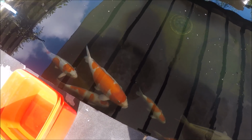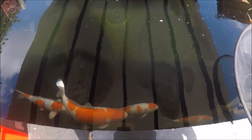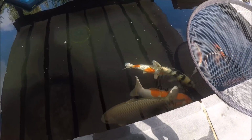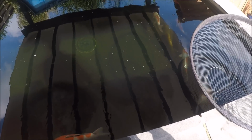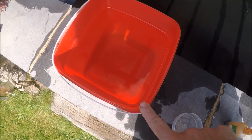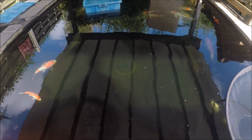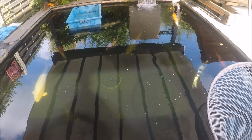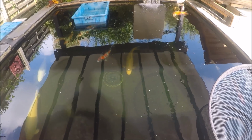So what I'm thinking now is, because I've got a few red bits and a few lumps sticking on, the odd scale sticking out of the fish, I'm going to CT the pond, which I've got mixed up in it, or waiting to mix up in here. So I'm going to CT it, and then I'm going to do a dose today, possibly a dose tomorrow,